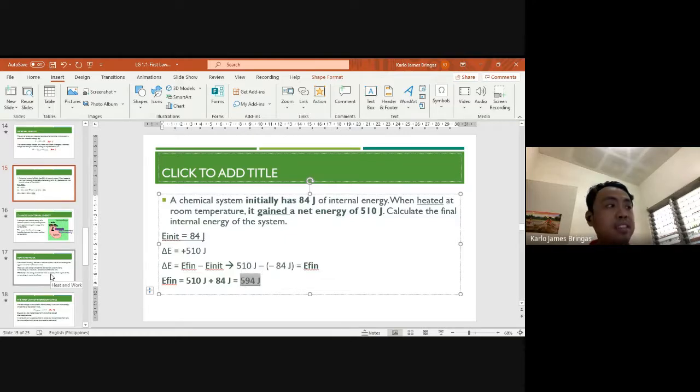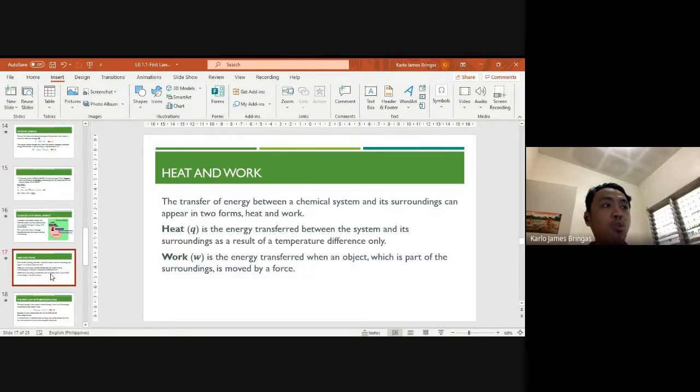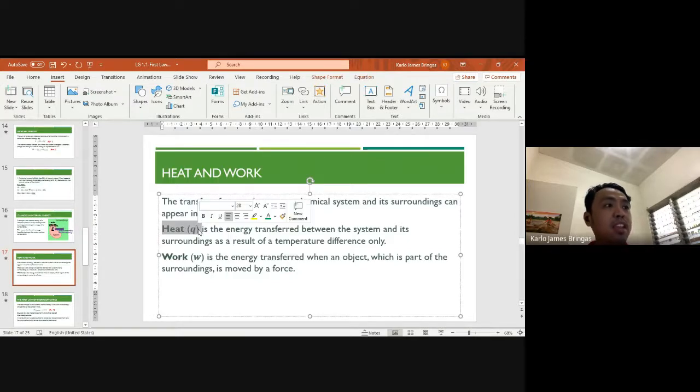So the way, guys, in which the system could lose or gain energy is via heat and work. So let's try to see what the difference is between the two. Ang heat, or Q, is the energy transferred between the system and the surroundings, and it results due